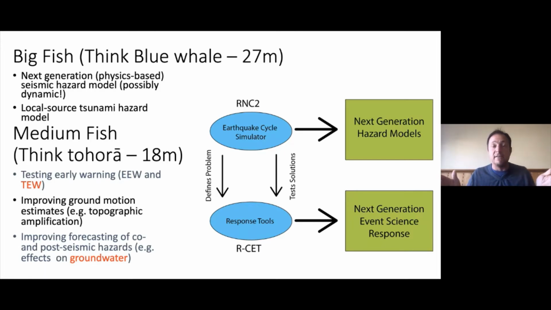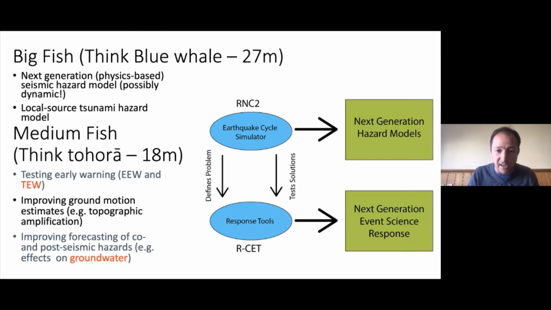So perhaps think of a situation in which you have a hill that's oriented one direction, and you have a whole bunch of earthquakes happening to the east of that hill with a particular direction of shaking. Then you might imagine that hill is going to amplify ground motions with a particular bias in a particular way. So we're trying to understand statistically from the model if we can predict that sort of behavior. We'd also like to, and this is a rather new, novel application of the model, see if we can use this sort of model to understand